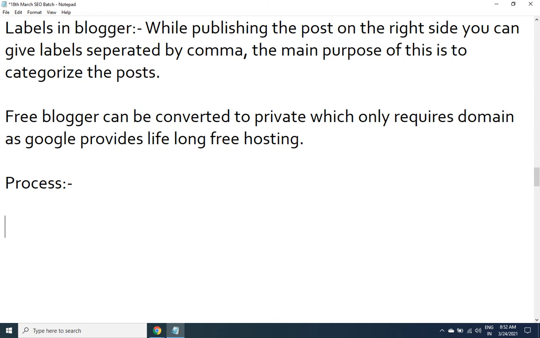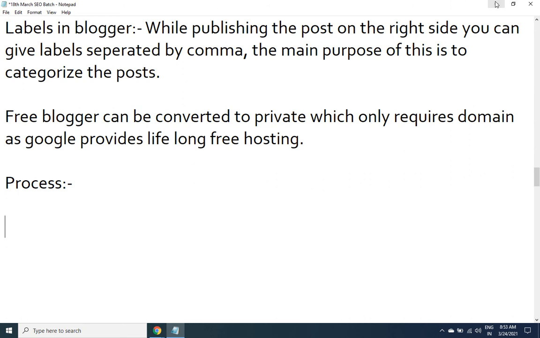Your cost of owning a private site is just 800 rupees. That 800 is according to GoDaddy. Maybe some sites are ready to offer even cheaper than that. So let's learn the process.